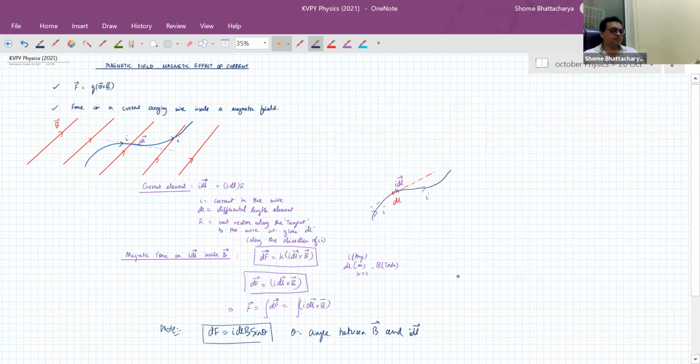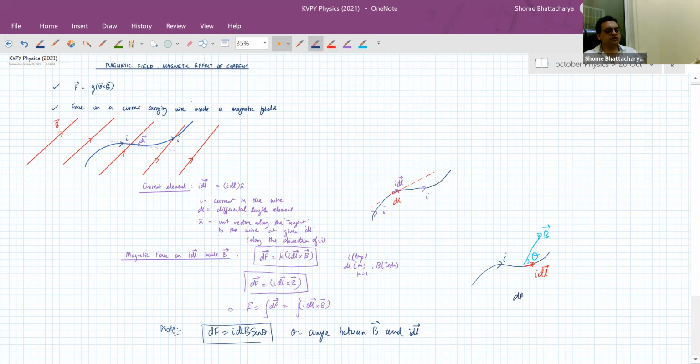So like in this diagram, suppose my current carrying wire is like this, and I've taken a current element at some point like this. This is IDL. Now suppose where that current element is present, at that point there is a magnetic field vector, which is like this. Then this is the angle theta we'll be talking about. And what will be the direction of IDL cross B in this case? It will be coming out of the plane. You can see that if you point your right hand thumb along IDL and point your right hand fingers along B, then IDL cross B is where your palm is pointing. So if you do that on this screen, you'll see your palm is facing towards you. So it's coming out of the screen.